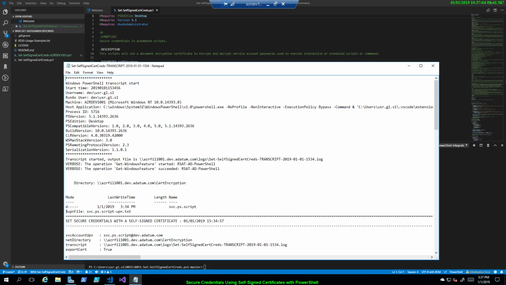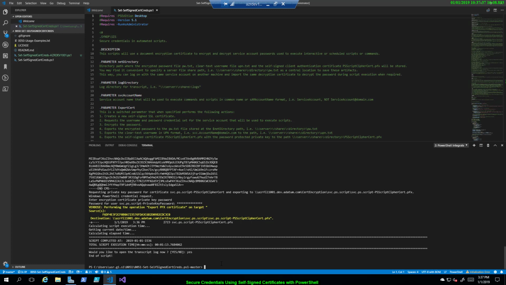The transcript reflects the output that was displayed in the console anyway. This is great because I have a log of everything the script did in this session so far, and I can use it for troubleshooting, further script development, or even reporting. So far, we've created the required certificate and service account credentials that will be used to authenticate commands and scripts